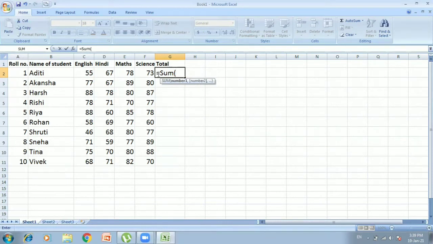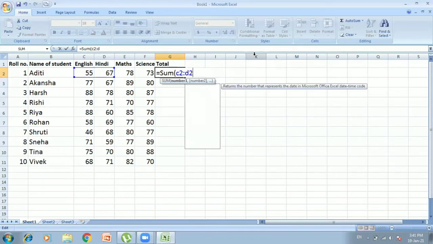So what are the arguments? Here for roll number 1, I have columns C, D, E and F to be added. And roll number 1, that is of Aditi, is in row 2. So I have to add C2. As you can see, it is highlighted as you have written C2. Now I will add semicolon, and then the next column is D2.